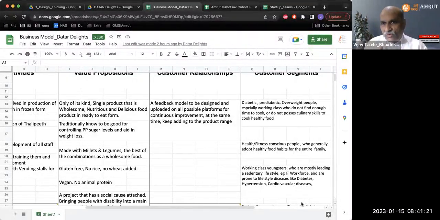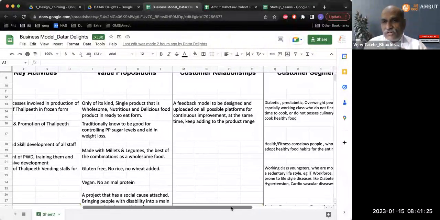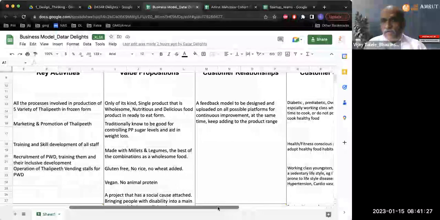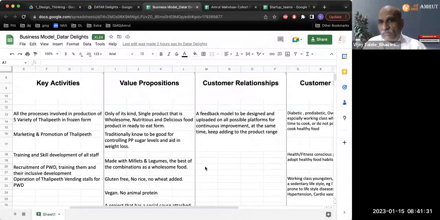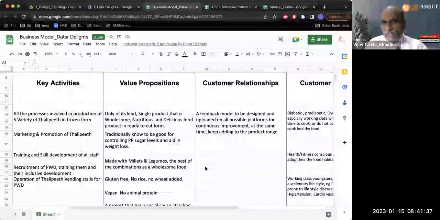So that is the four blocks you explain. Then you go to the right and left hand side, and you state what the key activities are that I have, what the key resources are that I will require to deliver those activities, and who the key partners are. And then you talk about the revenue models and the cost. So this is how you explain your BMC.